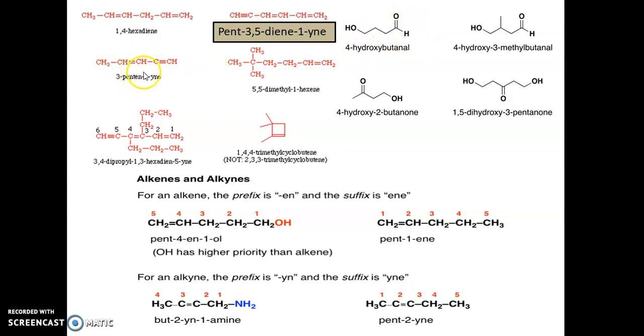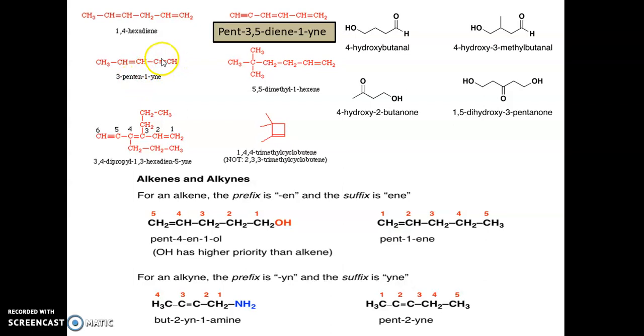That is this. Okay. So here you see double bond and triple bond are there. Since you know that the triple bond will get the priority first, you have to start the numbering from the right side. Carbon number 1, 2, 3, 4, 5. So 5 carbon atoms. So pent.